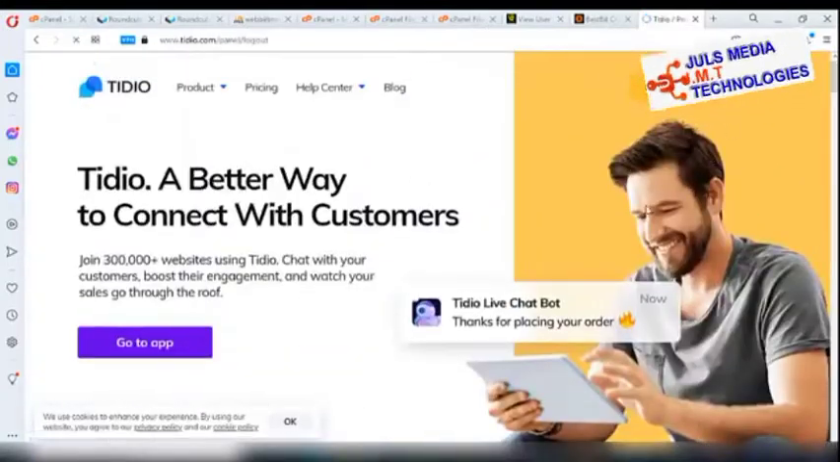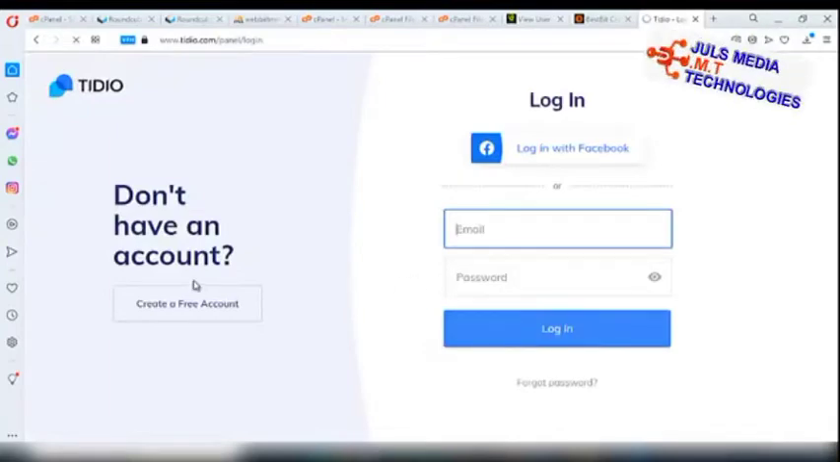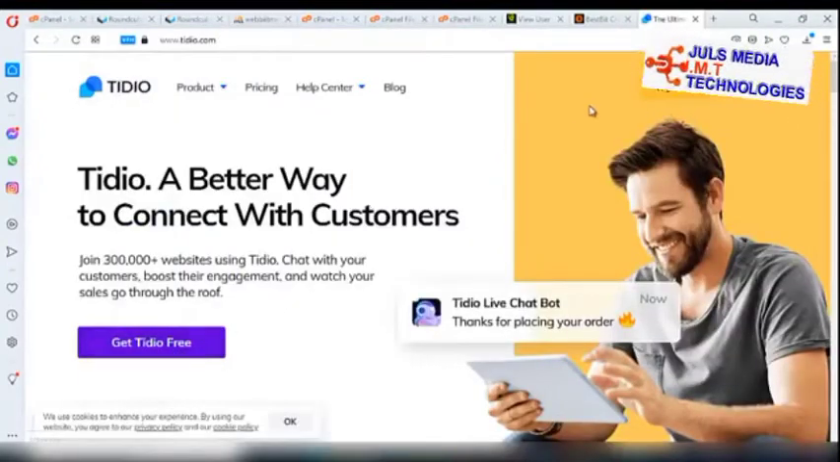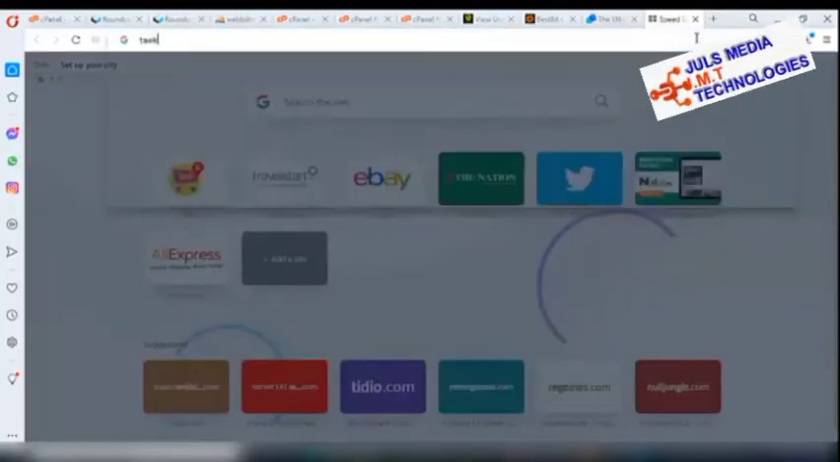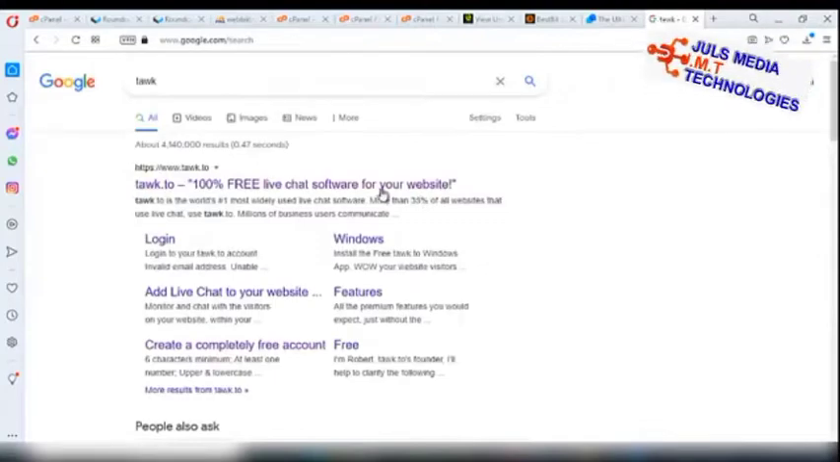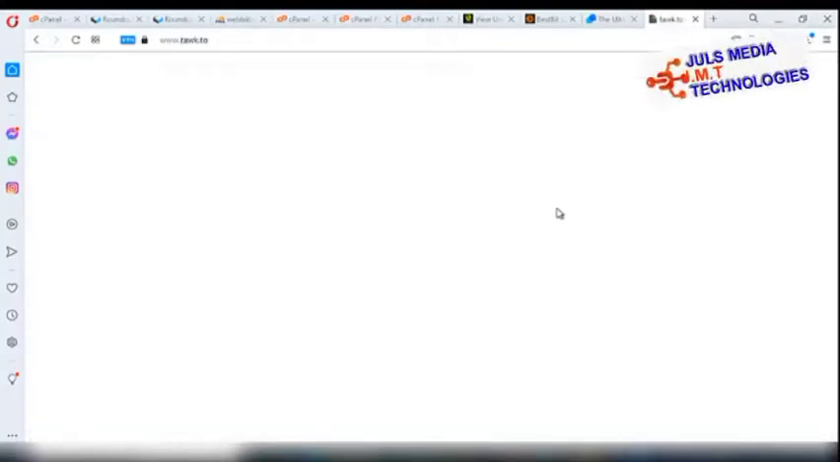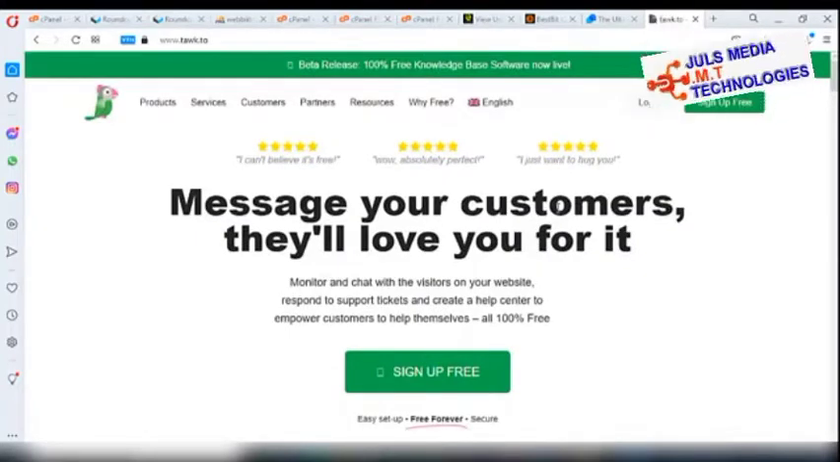account. I'm already logged in, let me log out. So it's a free package. So you see that, you get Tidio for free. So I also use Tawk. So this is Tawk. So all you need to do is just register on their site, right? So you register on this site, or you register on this site, and a code will be given to you,